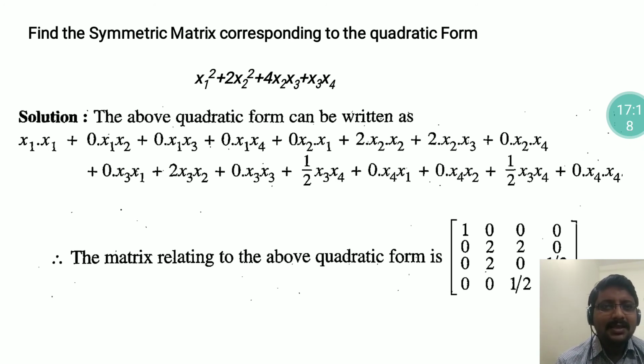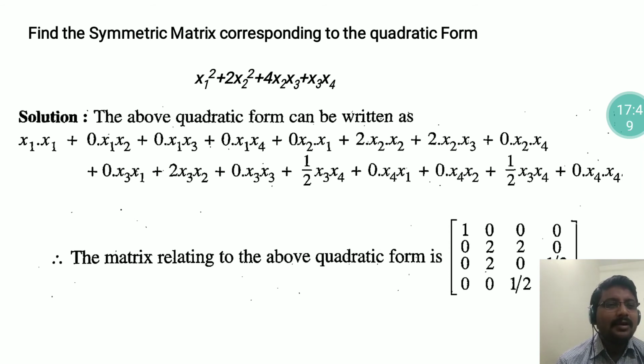Here some terms are skipped, like x1 x2 is skipped. Just take 0 x1 x2 and 0 x2 x1. And the x1 x4 term is missing here. The quadratic expression has 4 variables. So what are the variables here? x1, x2, x3, x4. So like this we have to split the above quadratic expression as below,